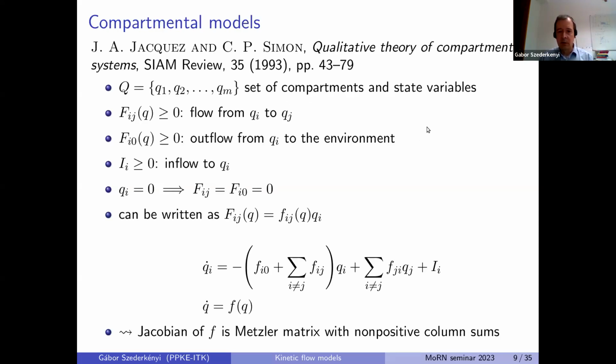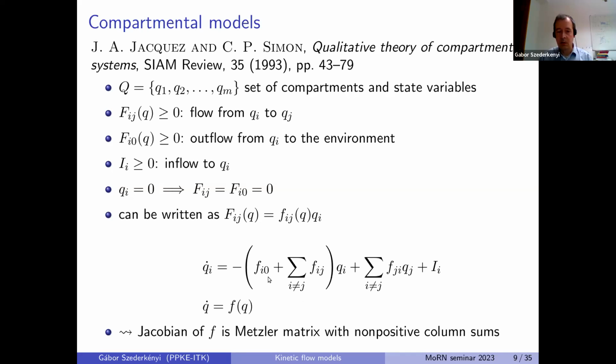And I will use the notations of this fundamental paper here. So we will assume that these flow functions can be written into this form. Most often we can do this,